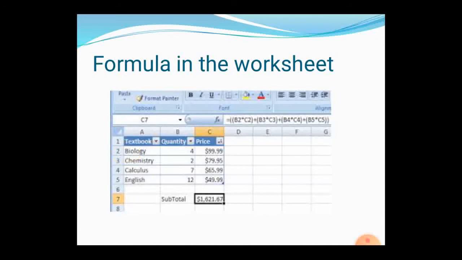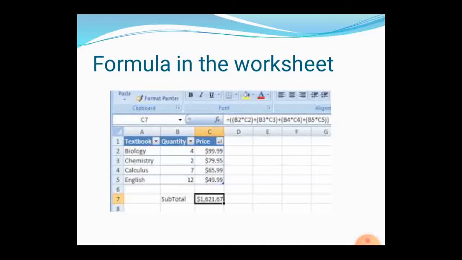Here they are multiplying the quantity and the price, and finally producing the subtotal. So how will you multiply? We could say 4 into 99.9. It is also a method, but it will be specific to those numbers only. When you use the cell name, you get the expected output.